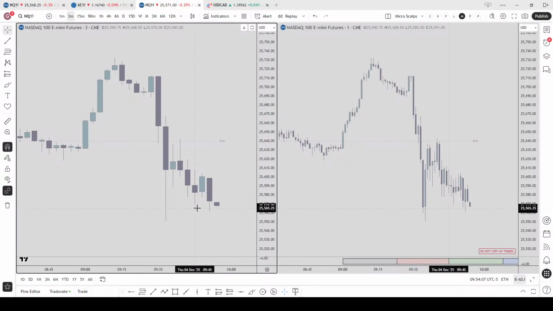Okay, so this swing low right here we just took out. I'm going to mark as I go. Right, whenever swing lows are taken out, we look for a retracement higher. Okay, especially when external liquidity is taken out, and then we look to take out swing highs. So that's going to be how I'm going to play today.